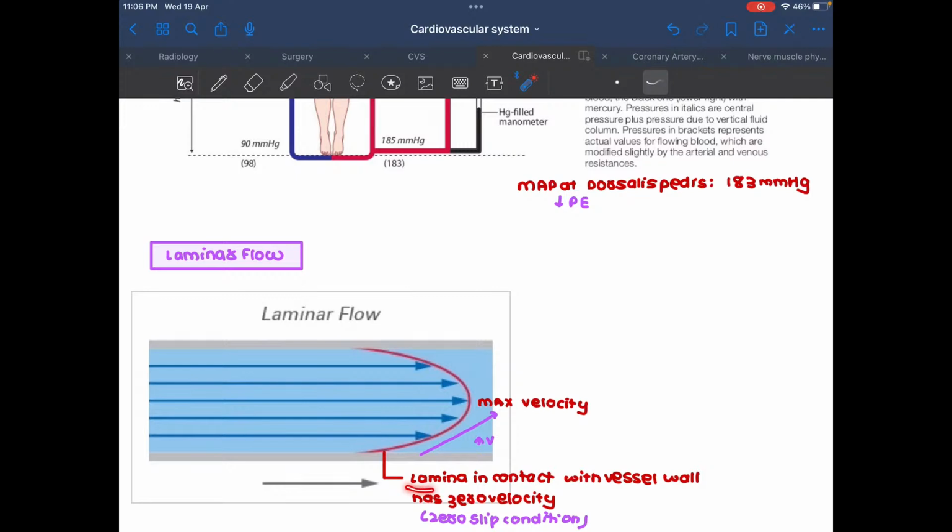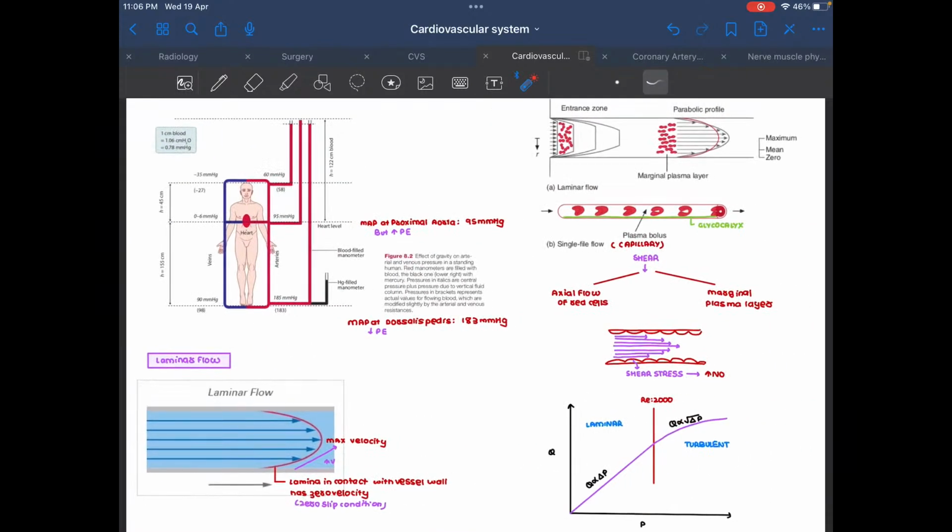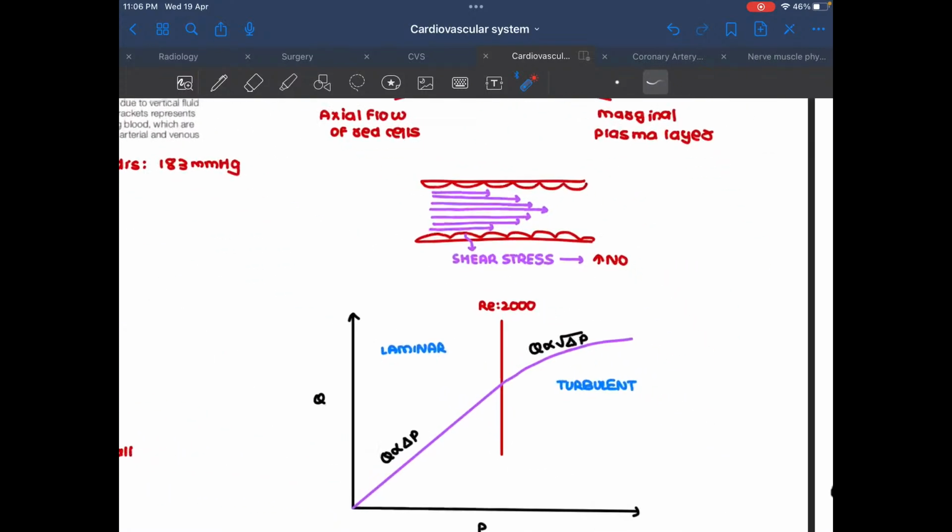Okay? So the lamina which is in contact with the vessel wall has zero velocity. That's known as the zero slip condition. And as we go towards the center, there's going to be an increase in the velocity. Now we have the maximum amount of velocity in the center. So this is known as your laminar flow. Okay? But just remember,